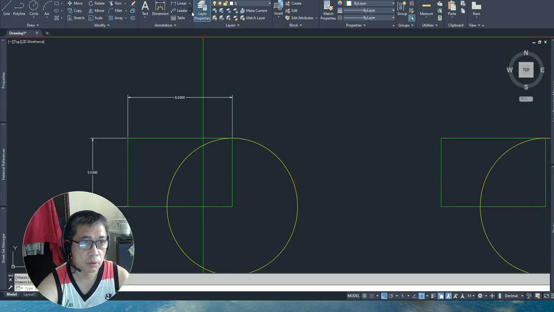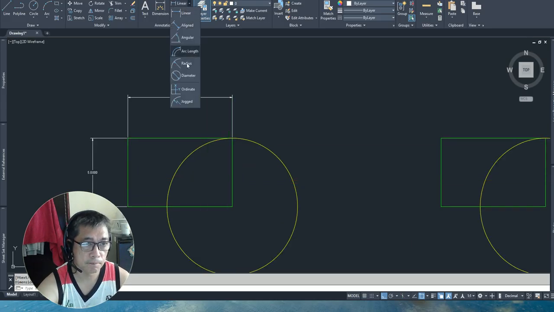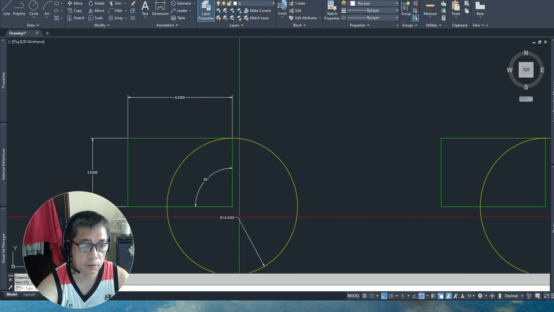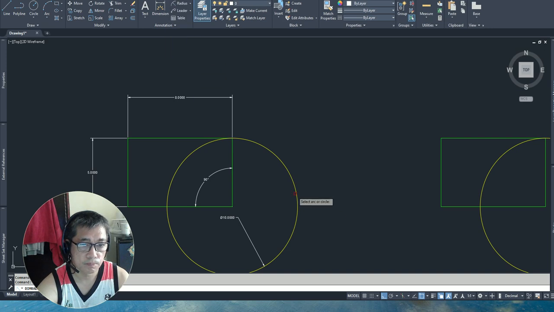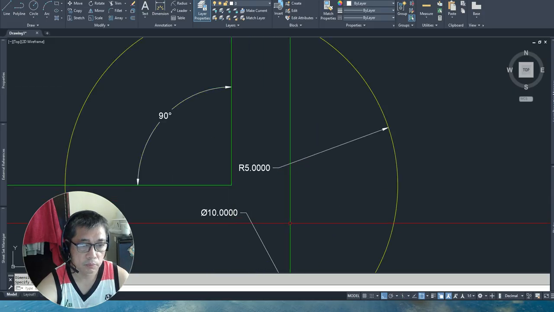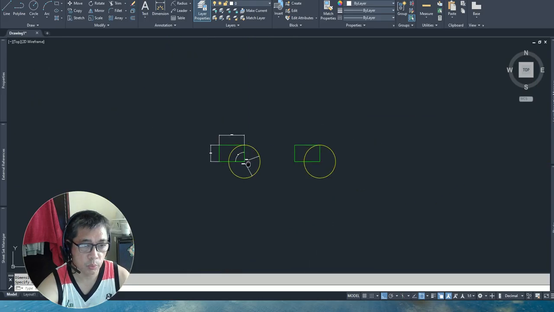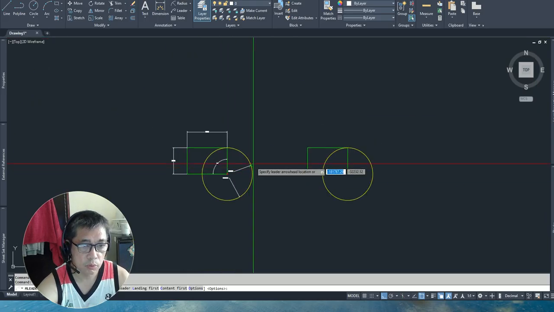Then we'll put an angle dimension in the corner of the rectangle, as well as the diameter of the circle, and also the radius. So we have the diameter and we have the radius, and we will also add the leader.